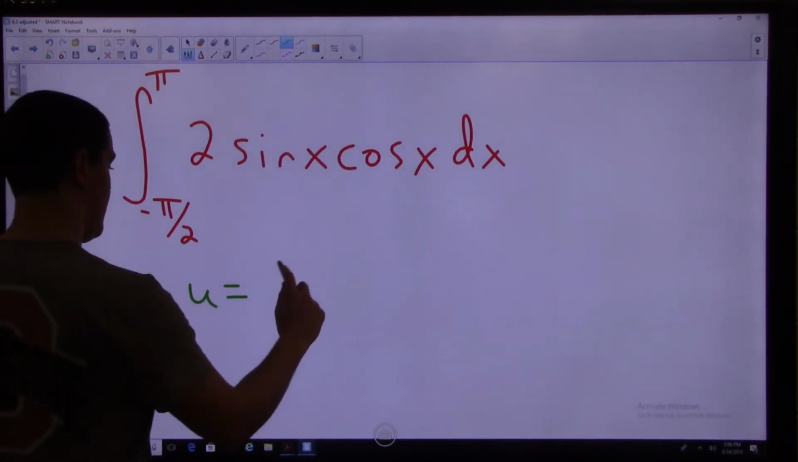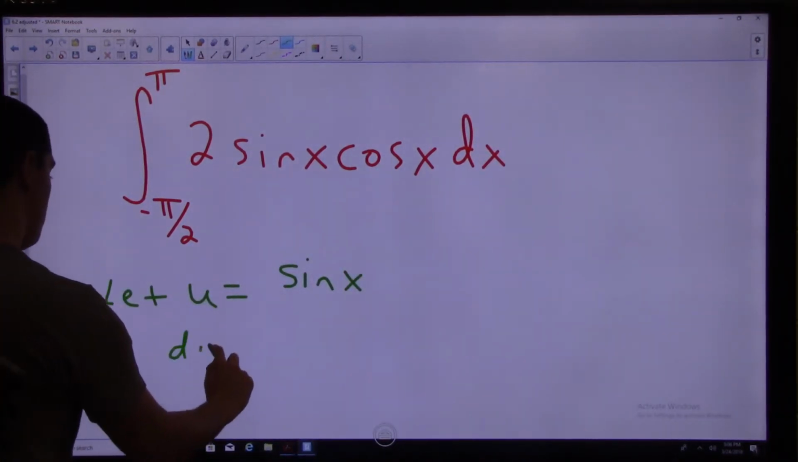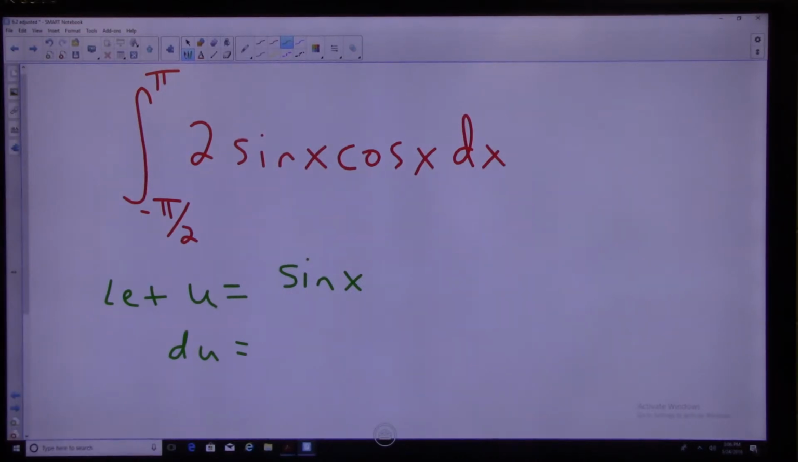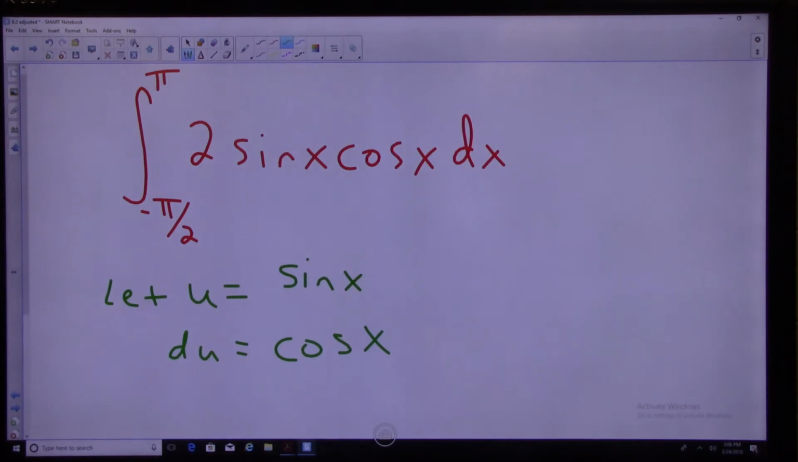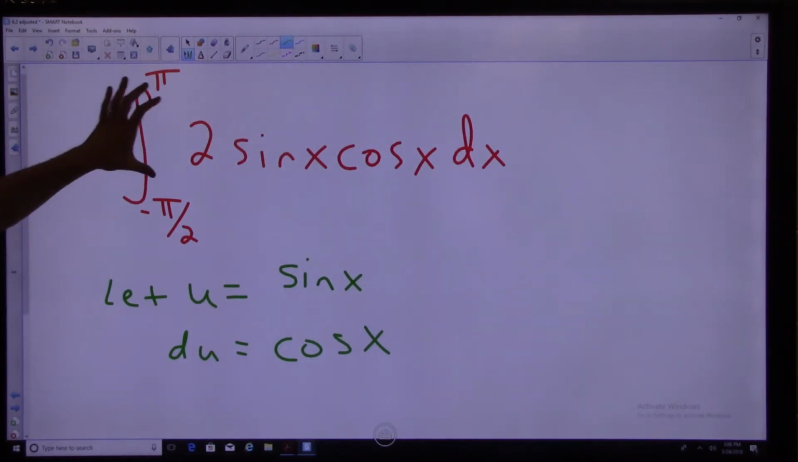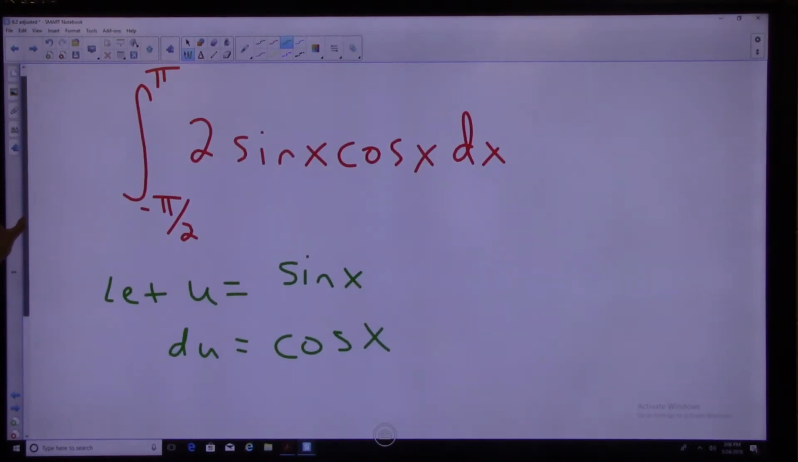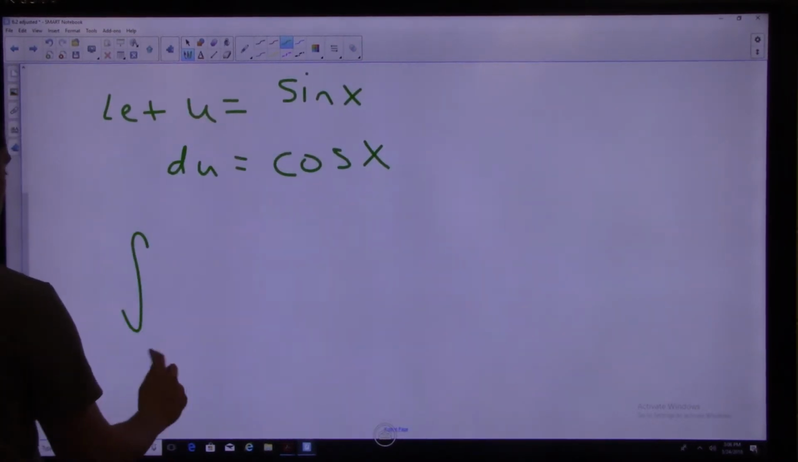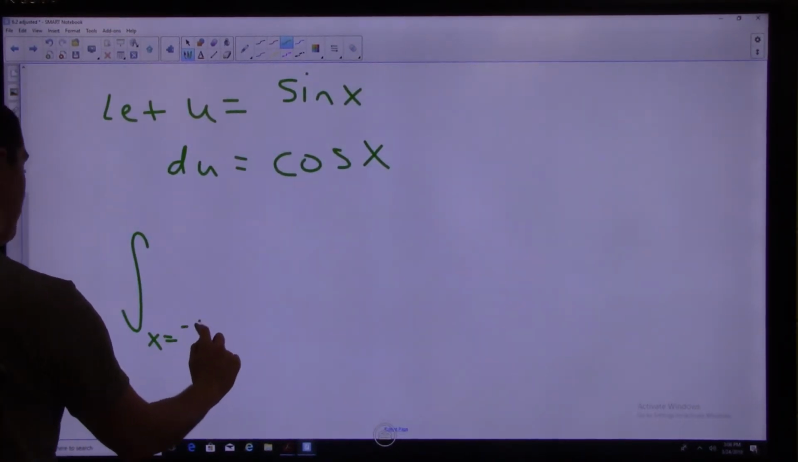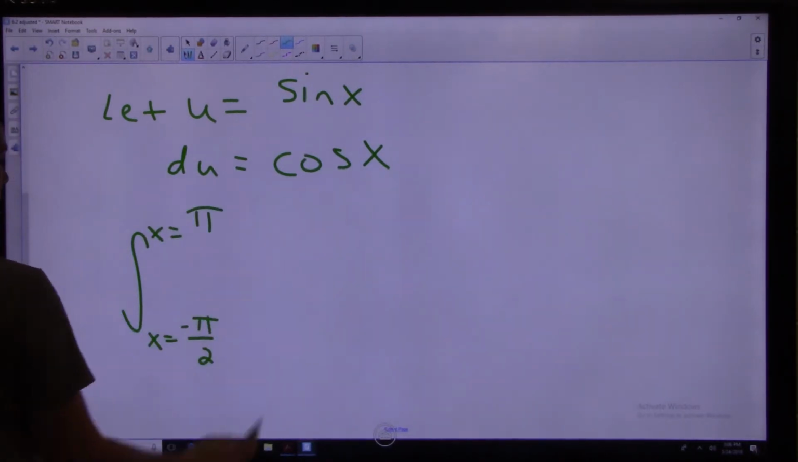I'm going to let it be sine x to make it even easier on myself. So the derivative of sine x is, well, hopefully you got cosine x. So there we go. I'm going to try to set this up so that it looks like u du, or some expression with u in it, and then du. Okay, here we go. So I want the integral from x equals -pi/2 to x equals pi, and